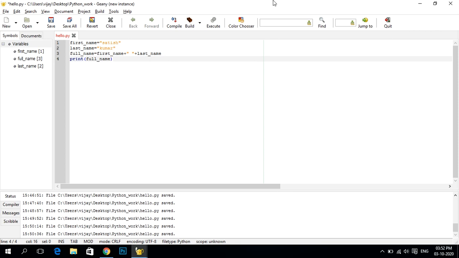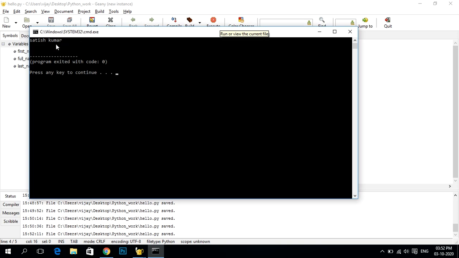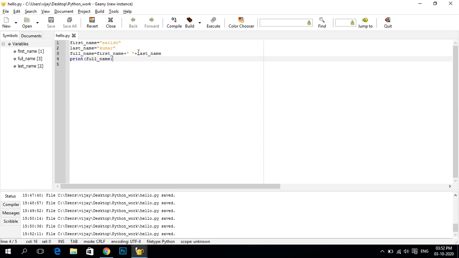When we execute this, we will get the name Satish Kumar in concatenated form. I have written the first name Satish and the last name Kumar, but in full name we have combined Satish and Kumar using the plus operator. Then we print this full name, so it is printing the full name Satish Kumar.